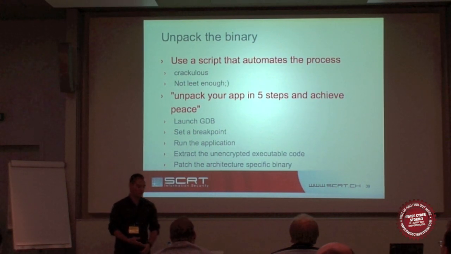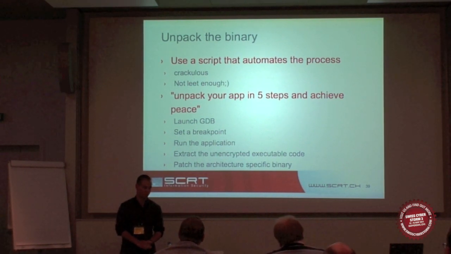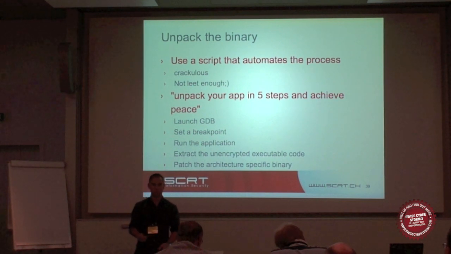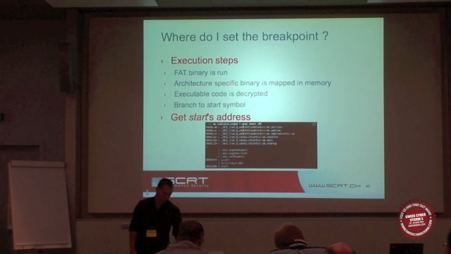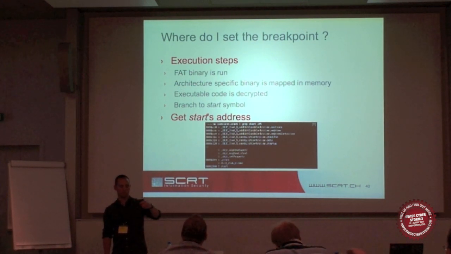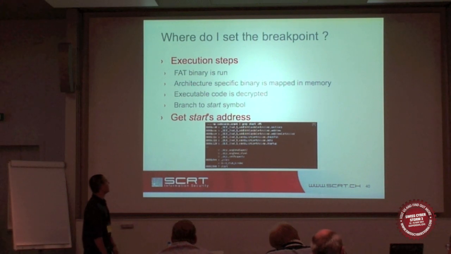It's really easy. We just have to launch a debugger, set a breakpoint, then run the application, extract the decrypted executable code, and then patch the binary that you have at the beginning. So it's really like when you are reversing a malware which is packed with simple obfuscation. You just have to look at the jump and then a register, you put a breakpoint on it, you wait for the decryption to happen, and then you just dump the content of the memory. So,